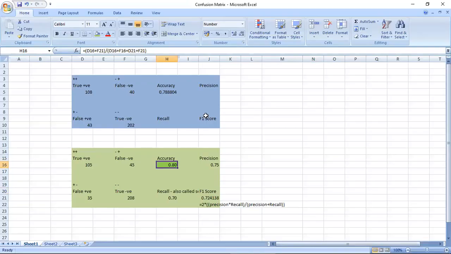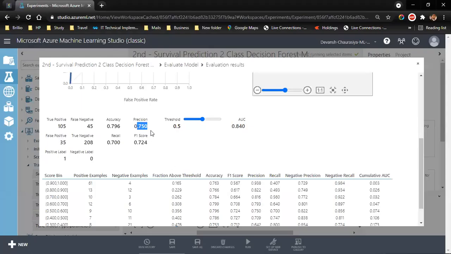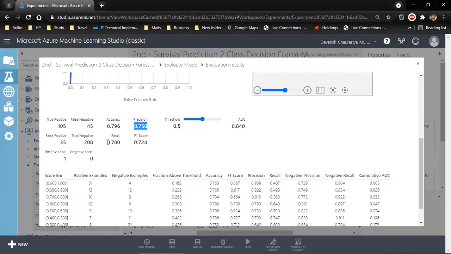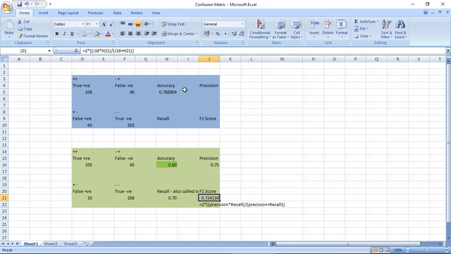Precision was 75. F1 score is this, and recall is 70. Average area under the curve is 84%, which is good. Now, if you look at accuracy, it has definitely increased, so we can keep this model.